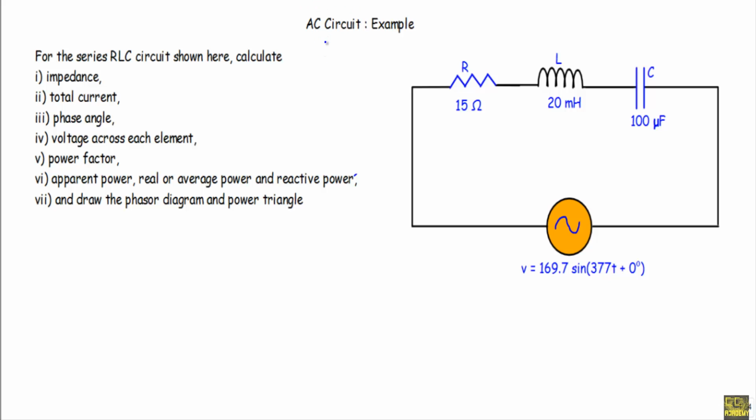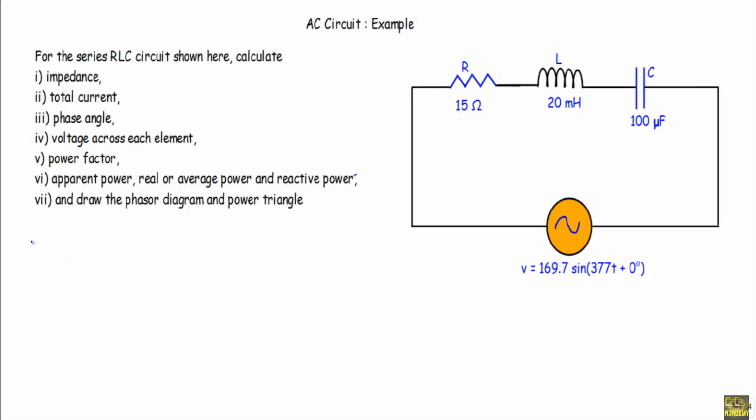In this video, I will show you an AC circuit example, a series RLC circuit. I have a resistor of 15 ohm, an inductor with inductance 20 millihenry, and a capacitor with capacitance 100 microfarad. This R, L and C are connected in series, and in this RLC series circuit we are applying an alternating